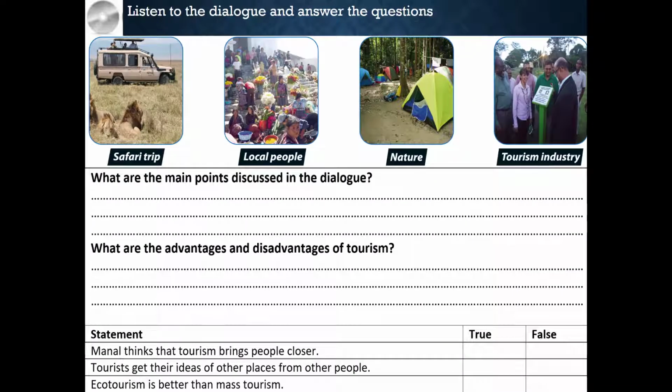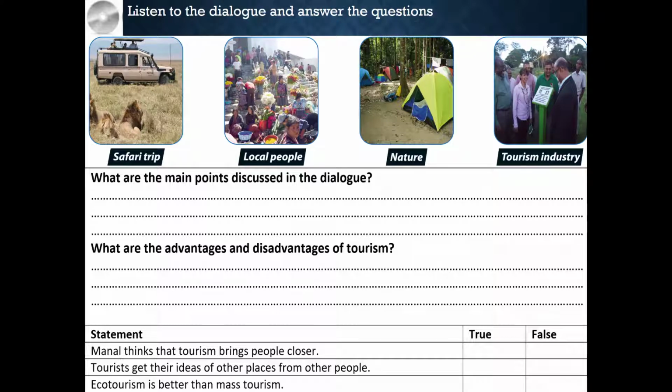Tariq: Hey guys, what are your plans for the holidays? Manal: Well, I wish I had enough money because if I did, I would go on a safari trip to Africa. But unfortunately, I can't afford it right now, so I guess I will stay home and catch up on my reading. Noor: If I were you, I would borrow some money and make my dream come true. But I have heard that Africa has become too touristy. Tariq: What's wrong with that? Noor: Well, it has an upside and a downside. The upside is that tourism can create new seasonal jobs for the local people, but the downside is that it's